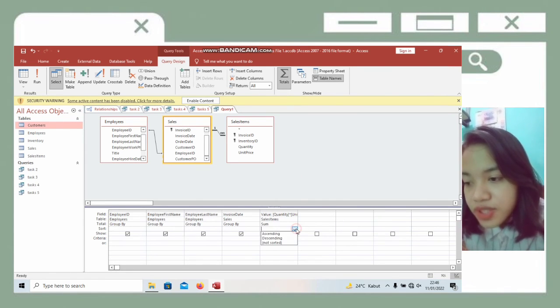Then for sort, we choose descending. And in the invoice date criteria, we type less than #1/1/2015#. Don't forget to give the hashtag. And click Run.